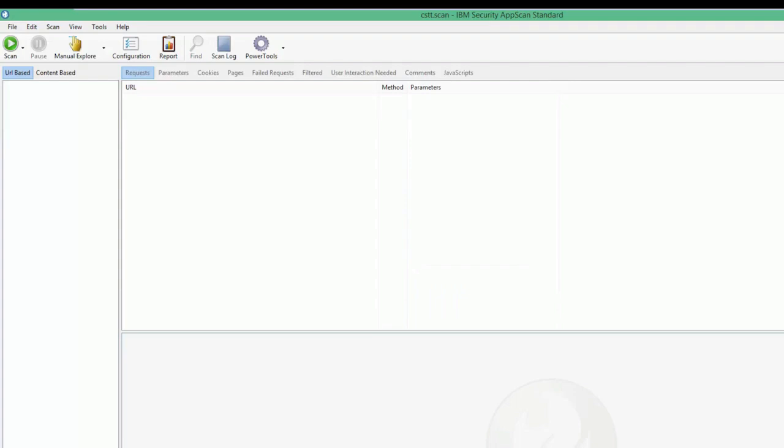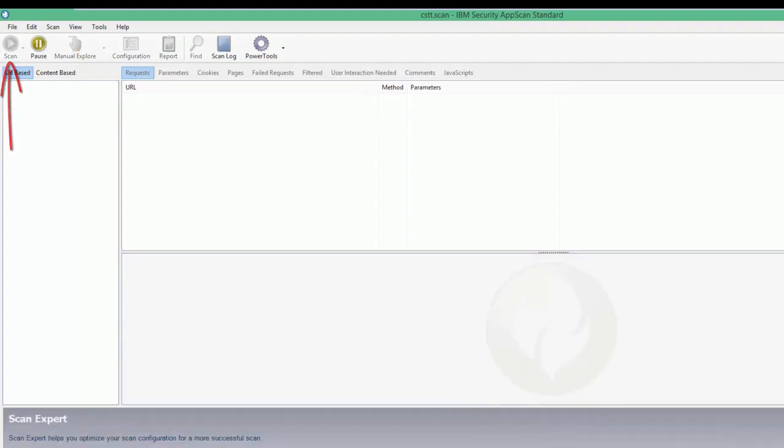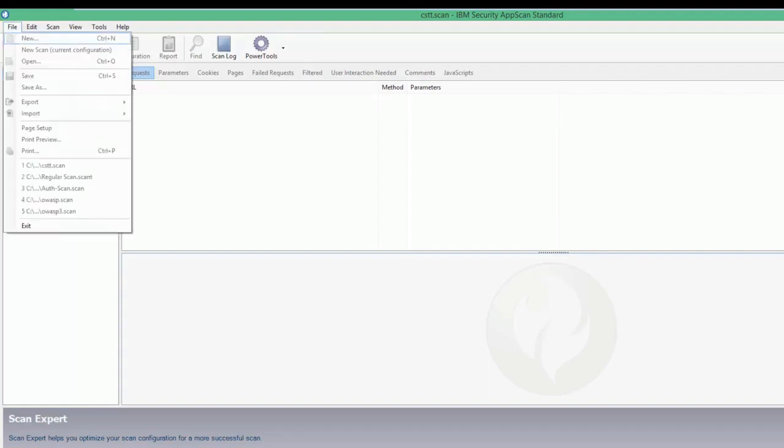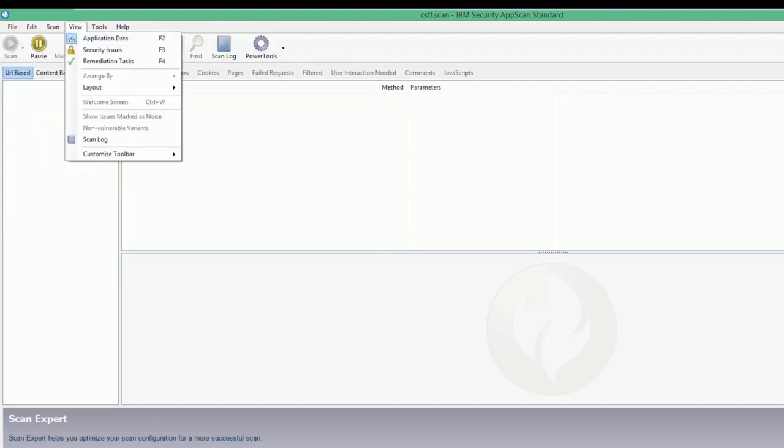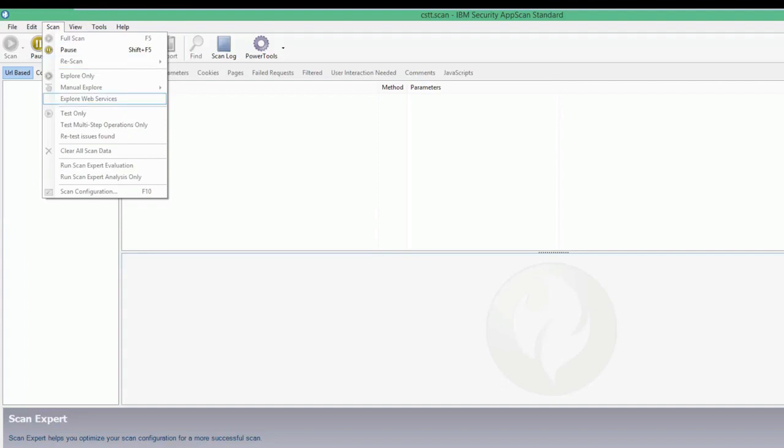And then at this point, guys, I'm just going to explain this interface while the scan is running. Basically, on the left side we have the file menu, where you can open new scanners, export the contents, import content, and print. You have the edit and scan menus. Here you can pause the scan, run it again, and explore web services. You know, web services, we talk about that. If you want to extend web services,